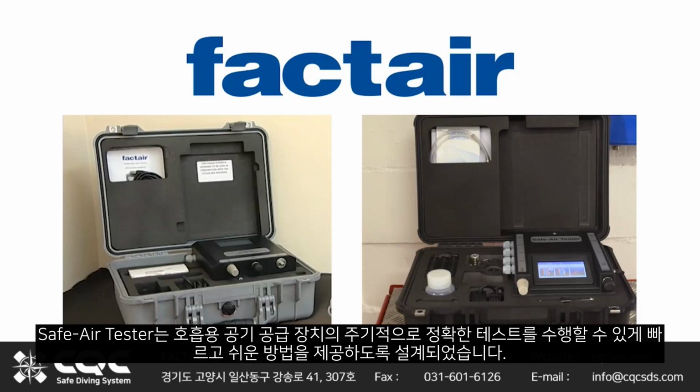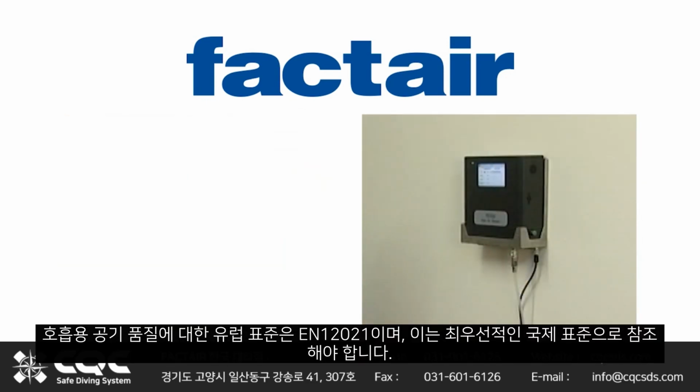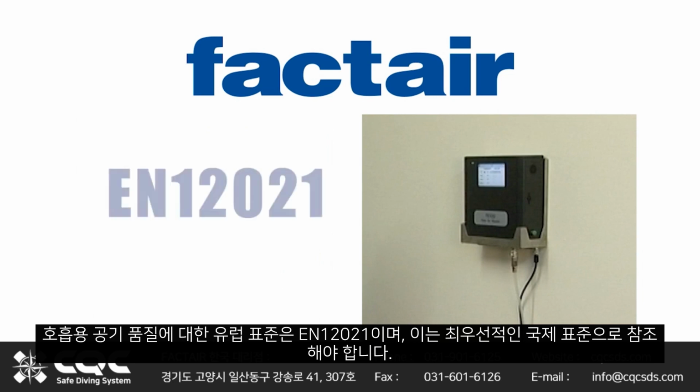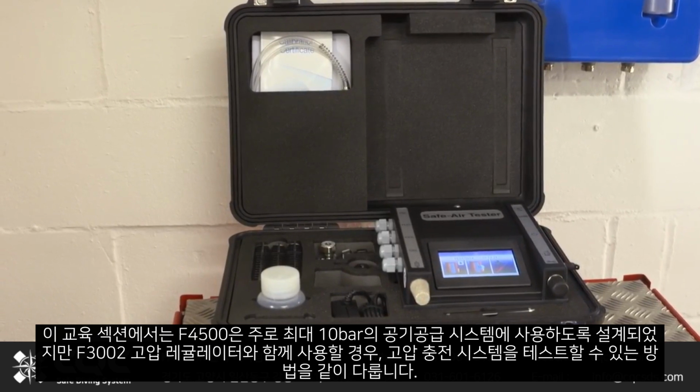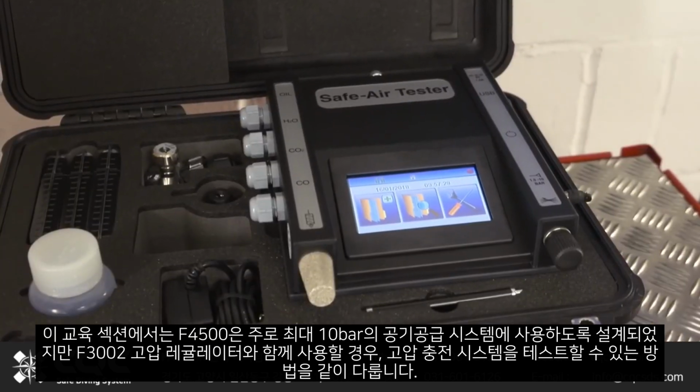Safe air testers are designed to provide a quick and easy method to carry out accurate periodic testing of breathing air supplies. The European standard for breathing air quality is EN 12021, which should be referred to in conjunction with any overriding national standards. This training session features the F4500, which is designed primarily for use on airline systems up